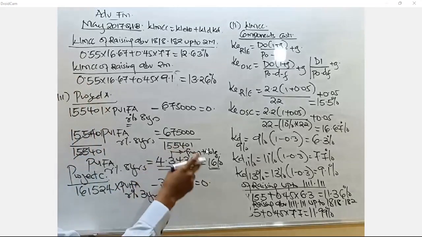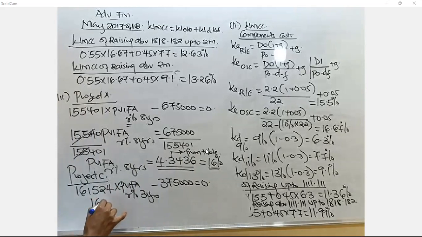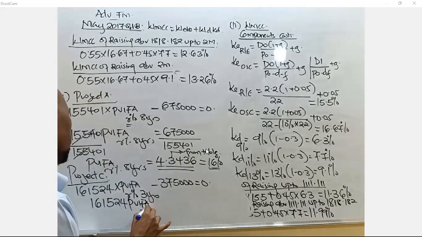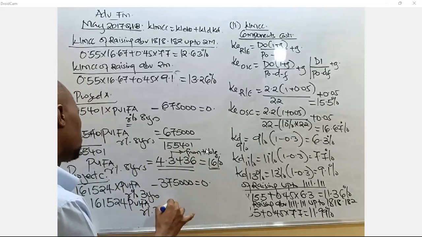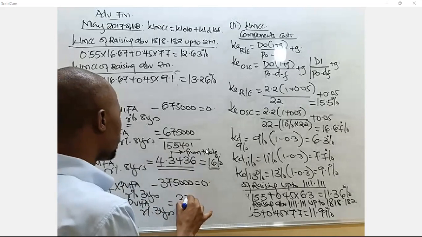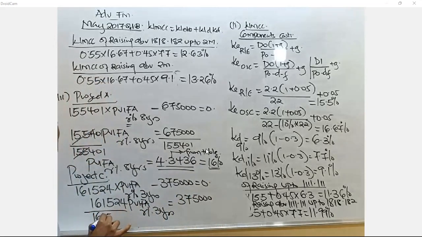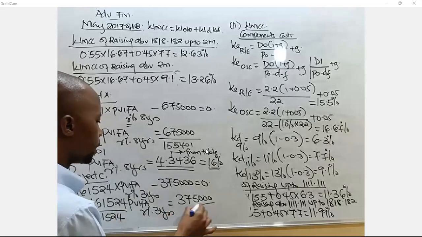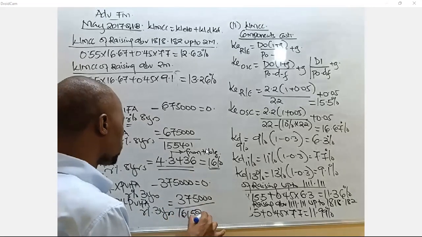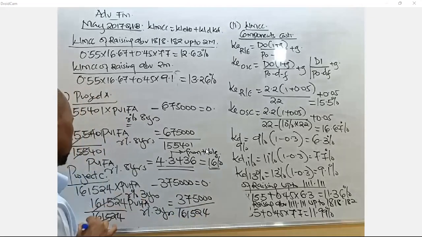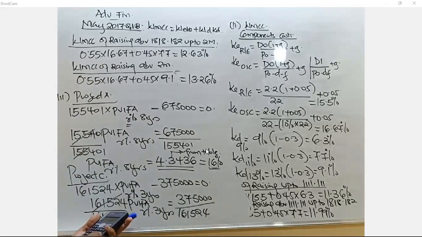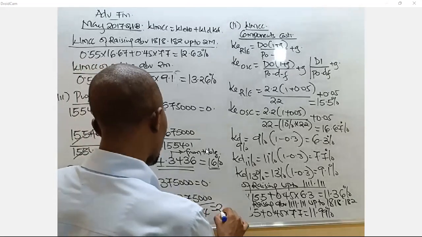So when you take it on the other side, you are going to be having 161,524 present value interest factor annuity, R% 3 years, should be equal to 375,000. You divide here by 161,524. You divide here by 161,524. So 375,000 divided by 161,524, getting something closer to